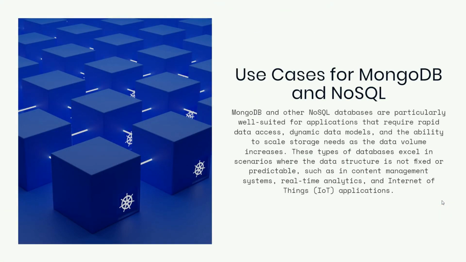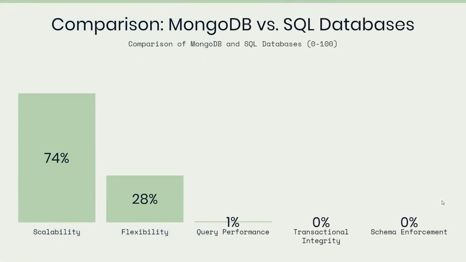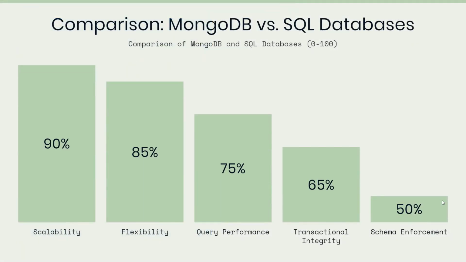So some use cases, as we mentioned already, highly suitable when data is changing rapidly and we need to have a high level of adaptation. Gaming, social media, real-time applications, anything that's in real time. Internet of Things, IoT, these types of data and these types of applications need to be very flexible. Comparing MongoDB versus SQL databases, 90% scalable, there's a lot of flexibility, query performance, transactional integrity, schema enforcement is very